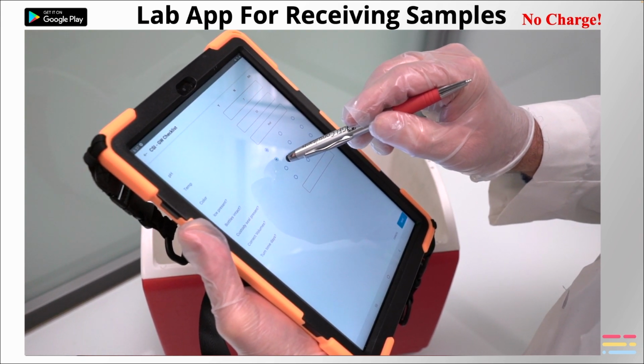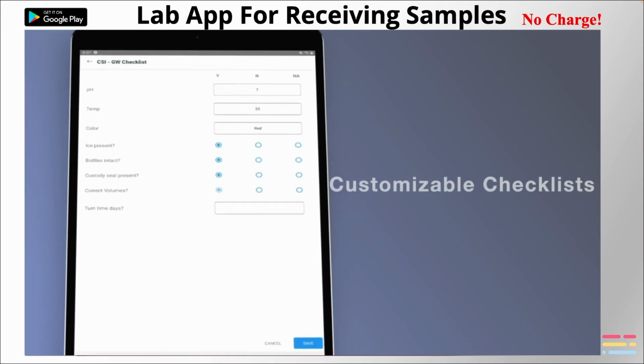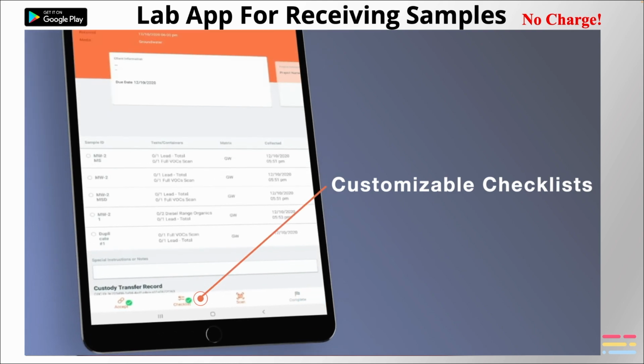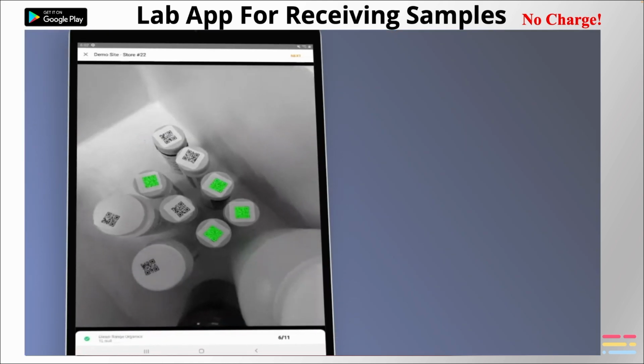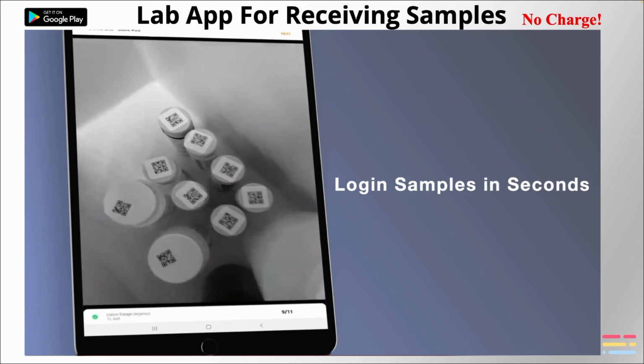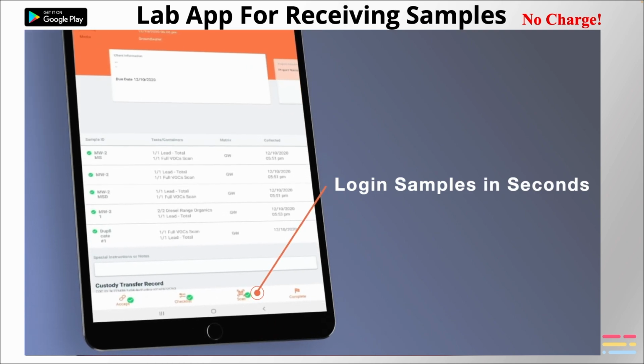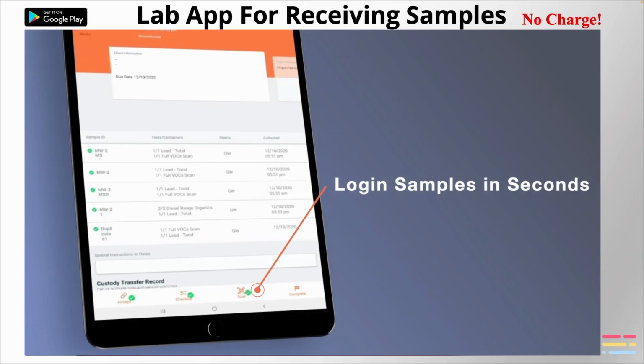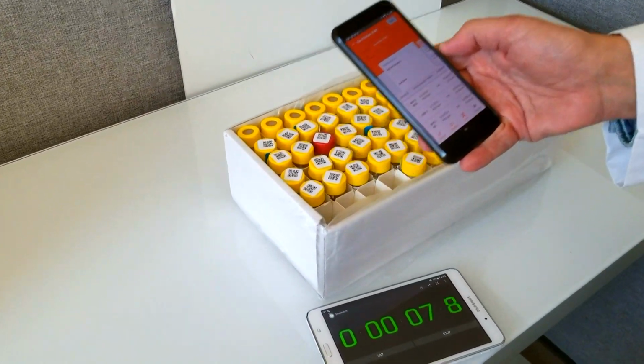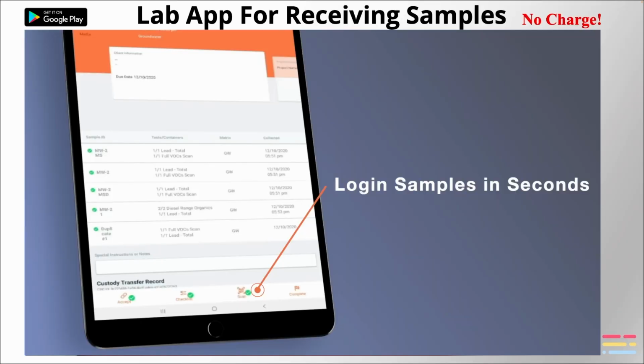The lab will then complete the customizable checklist, and once that is complete, they will confirm all bottles have been received using the camera on the app and scanning all the bottle QR codes on the lids. The app will audibly confirm the receipt of all bottles. All bottles are scanned. The platform knows the bottle inventory coming in, and it simply confirms the receipt of all